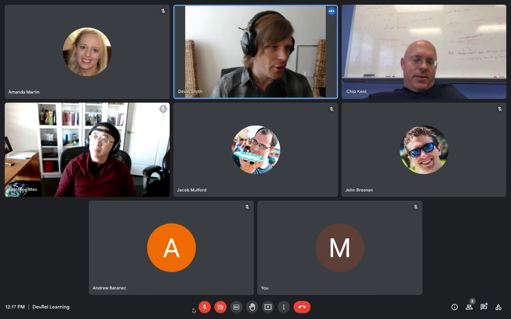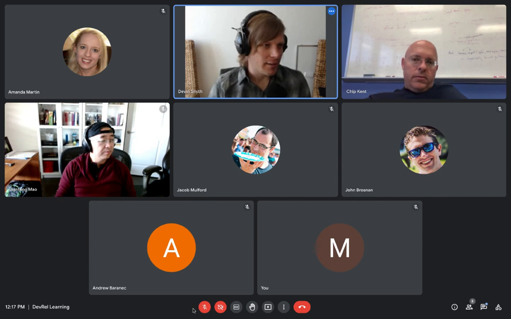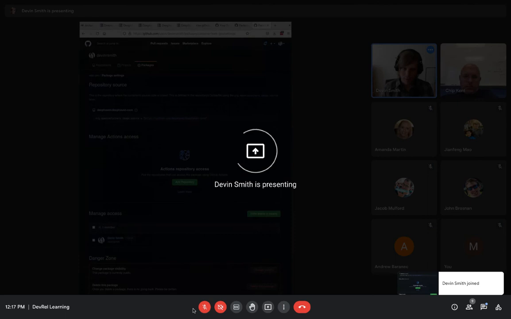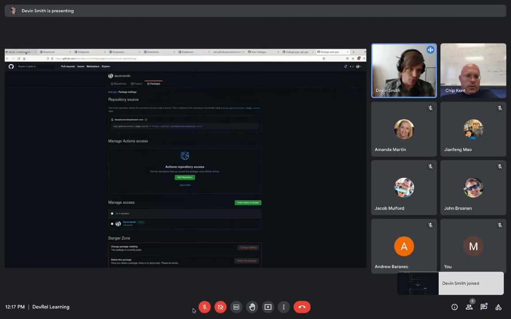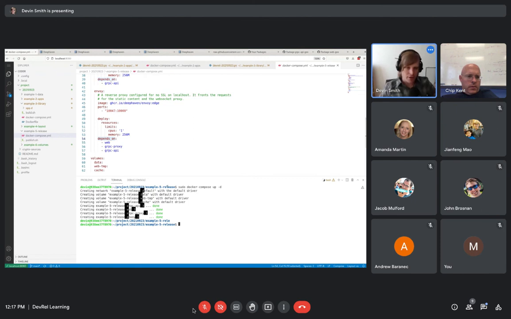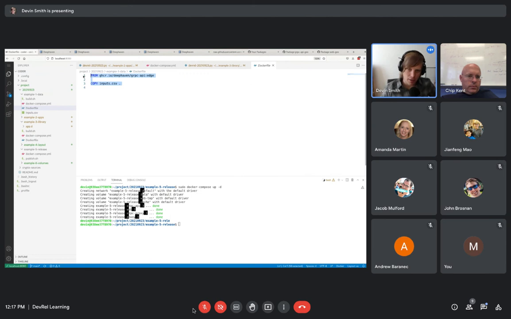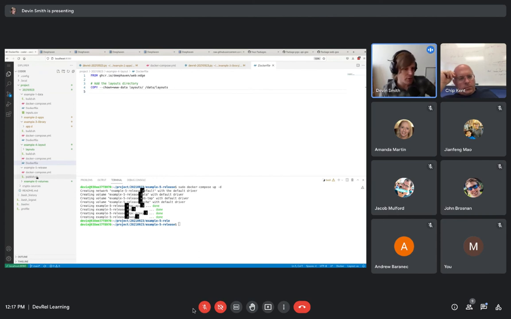Yeah. Oh, I know what I was going to do. So I was going to take it to the next level here and show you. I'm hoping everybody understands the concepts a little bit more of extending images. Again, extending the server image with data, extending the server image with libraries and application logic, extending the web image with a layout, and how releases work,